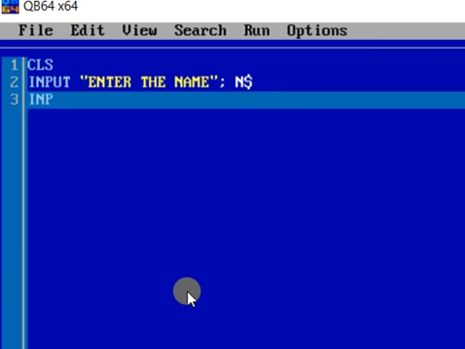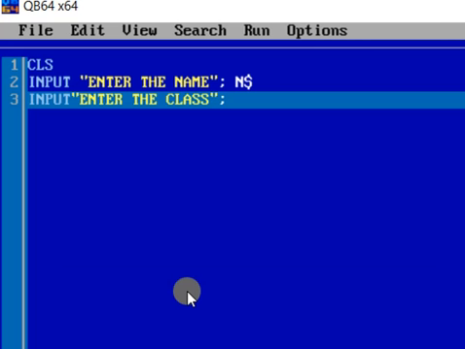Now in the next line we take another variable for inputting the class. Now class can be in Roman numerals or in normal numbers, like class 6 can be written as VI or normally 6.